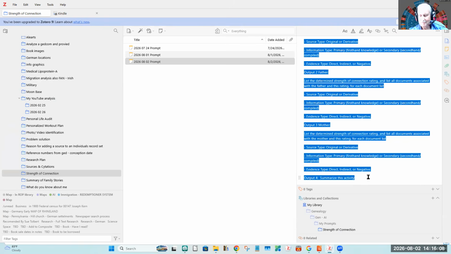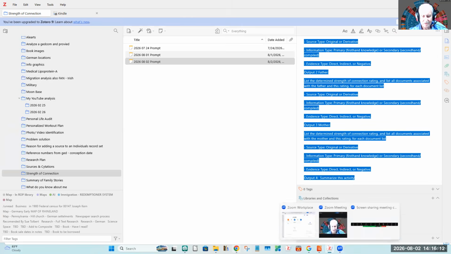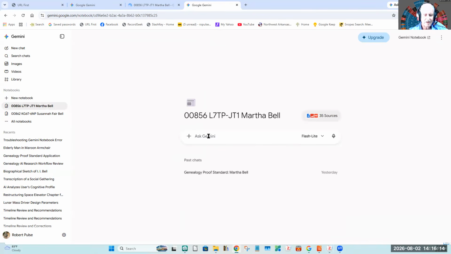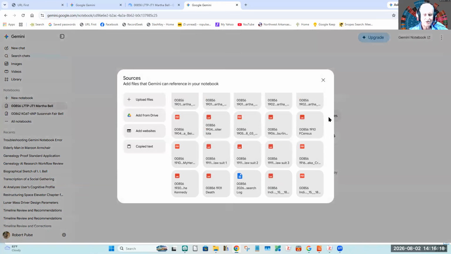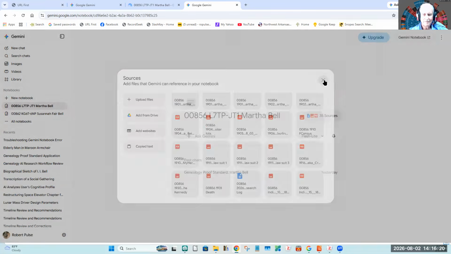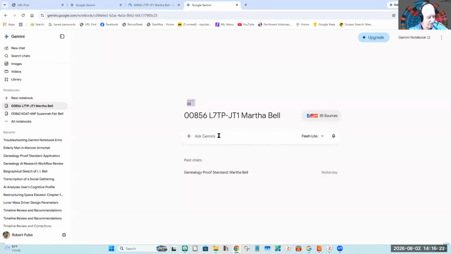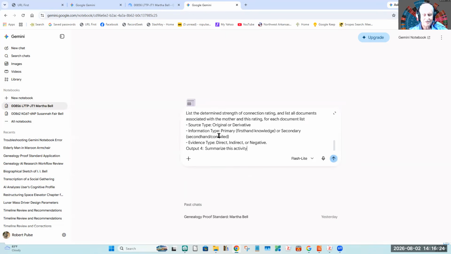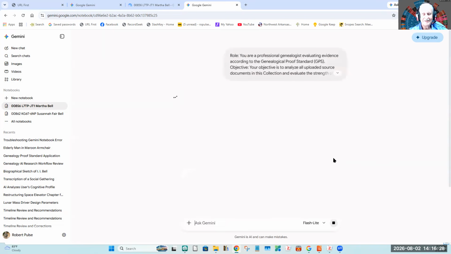And we say copy. And now we come back to, I keep forgetting where I'm at, Ask Gemini. Now let's see, here's all the sources that are in there. And we say Ask Gemini. Now, since I haven't done this, as you can tell, let's see what happens. This will take a little bit of time.